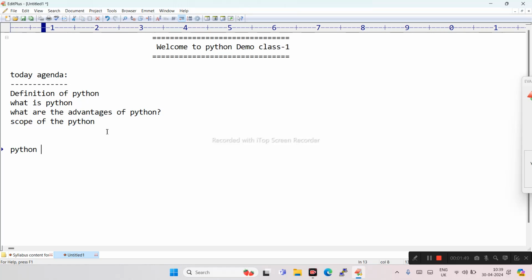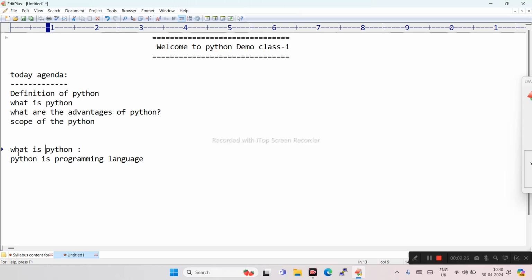Do you know what a programming language is? If you know about programming languages, then we will continue this session. Otherwise, we will start from scratch: what is a programming language and what is the use of a programming language? I hope you are all aware of it. Python is a programming language.